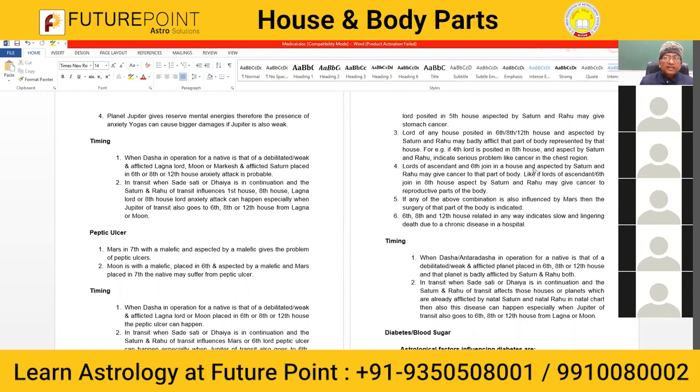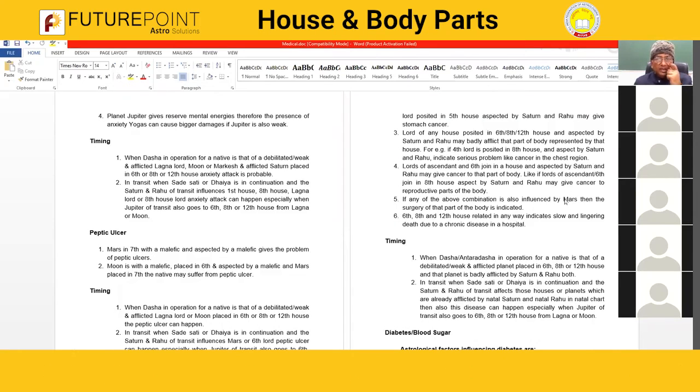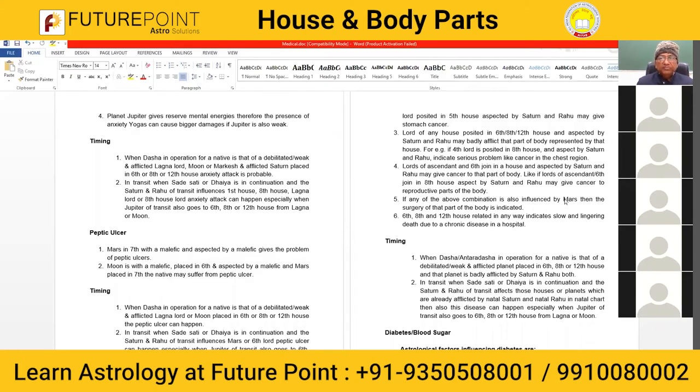If Ketu is there, then it cuts the problem. Ketu is a separatist planet. It is a planet which cuts things. Similarly, Mars is one which burns things. So if Mars is there or Ketu is there, then normally the problem is solved by surgery or some such way. Ulcer is caused by Mars. Mars is the main planet for it.